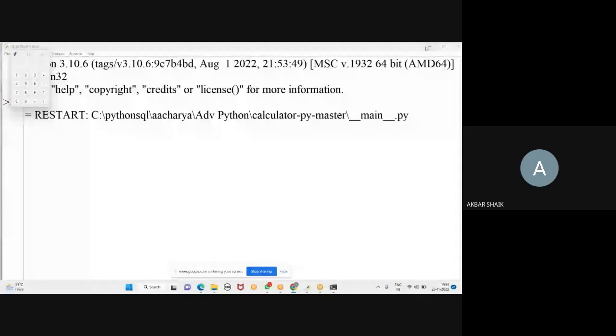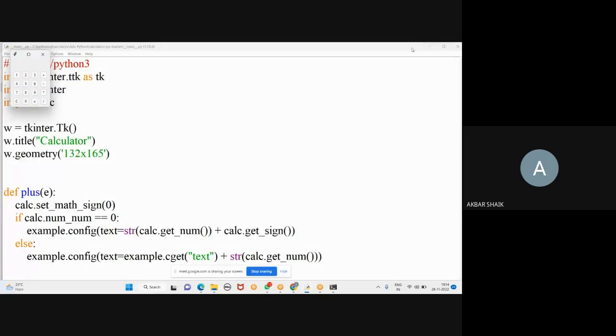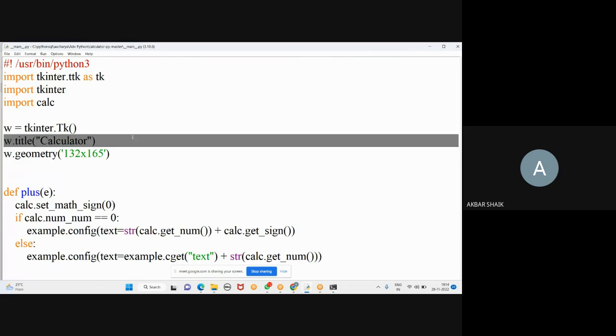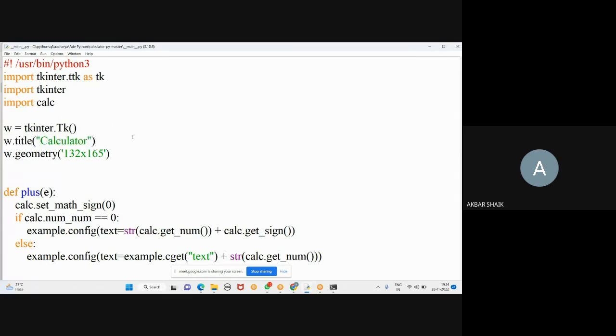Okay, so this is actually the project that we are going to see in today's class. This is a calculator project. Simply, how can we design a calculator in Python? Okay, so what is a calculator? A calculator is, for example,